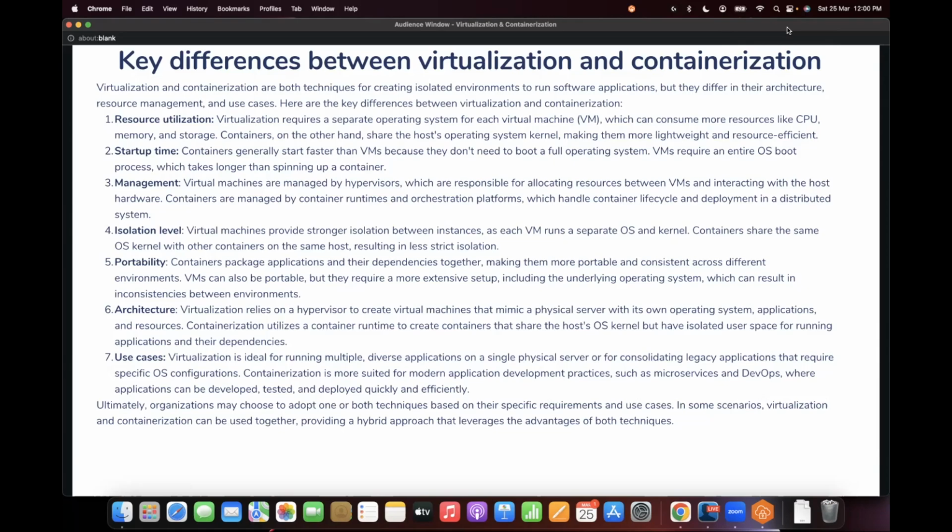So architecture wise is also different. And of course, the main difference is that a virtualized OS, virtual system, is managed by the hypervisor, while containers are managed by the containerization platform, Docker, Kubernetes, all that stuff. Okay, use cases. Virtualization is ideal for running multiple diverse applications on a single physical server or consolidating a legacy